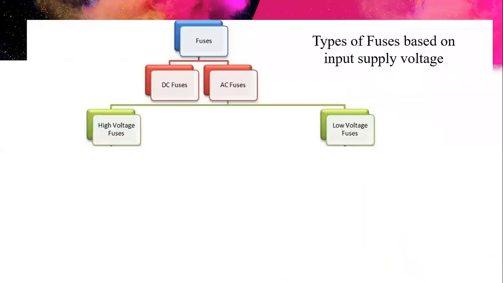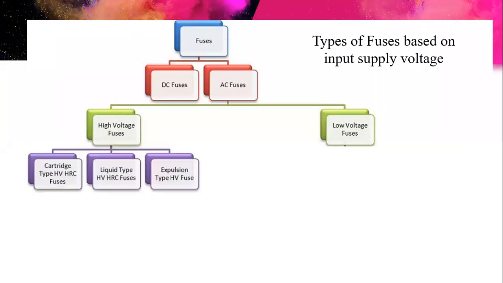The fuses are classified first based on the current, whether AC current or DC current. So DC fuses are of the minimum possible types, generally used, whereas the AC fuses are further classified into the high voltage fuses and low voltage fuses. The low voltage fuses are less than 1500 volts, that is less than 1 kV, whereas high voltage is more than 1500 volts, up to nearly 132 kV or 138 kV, where we can use the fuses.